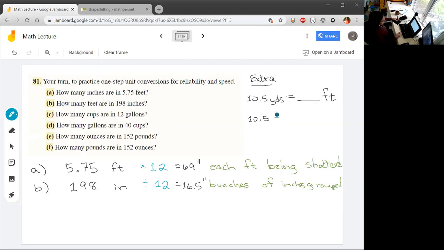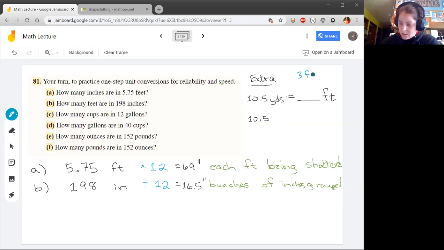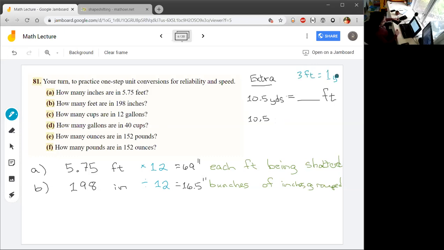So if I'm dividing, that would be because I think there's bunches of yards being grouped together. But that's not what we're doing. Yards are bigger than feet. So are we multiplying it? Yeah, so 3 feet is a yard. Imagine a yardstick. We have to take the yardstick here